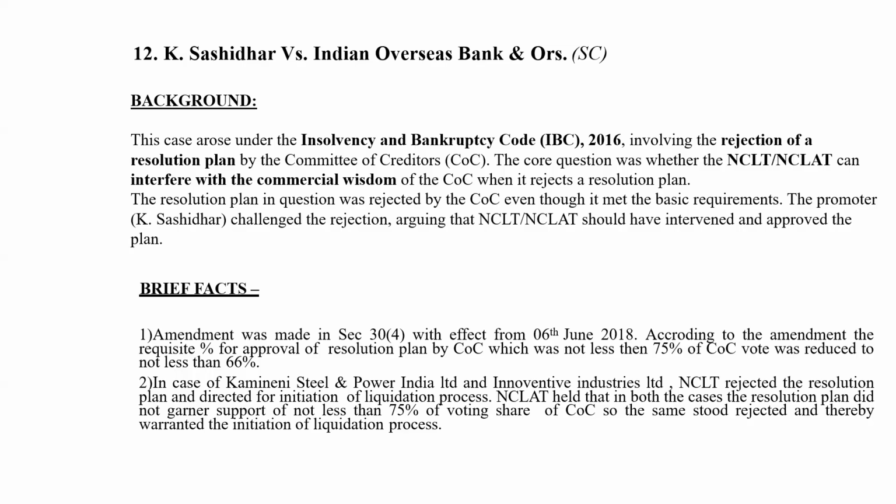अमेंडमेंट इसमें क्या था कि पहले जो है ना लिमिट होती थी 75%, अभी तो 66% हो गया फॉर अप्रूवल ऑफ प्लान। सो अमेंडमेंट वाज मेड इन सेक्शन 30 सबसेक्शन 4 विद इफेक्ट फ्रॉम 6 जून 2018। अकॉर्डिंग टू द अमेंडमेंट, the requisite percentage for approval of resolution plan by COC, which was not less than 75%, was reduced to not less than 66%. हुआ क्या था कि 66% से ज्यादा वोट मिले थे इसको, लेकिन 75 से कम मिले थे। ठीक है, जब इन्होंने रिजेक्ट किया 75% मेजोरिटी नहीं मिली थी सीओसी में। बाद में ये अमेंडमेंट आ गई तो प्रमोटर ने कहा भाई देखो अब एडजुडिकेटिंग अथॉरिटी इसको अप्रूव कर दे प्लान को। पॉइंट ये था।